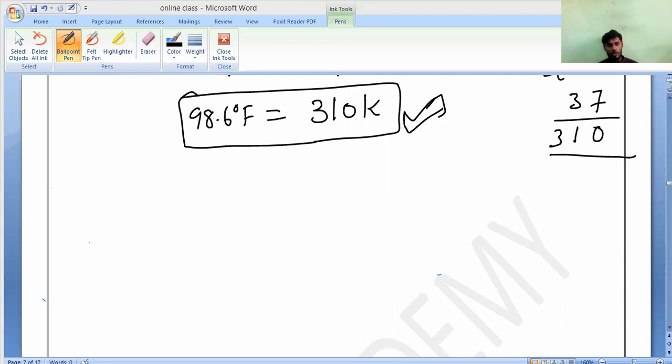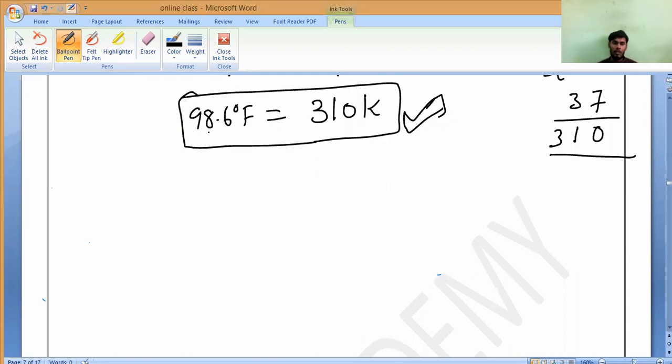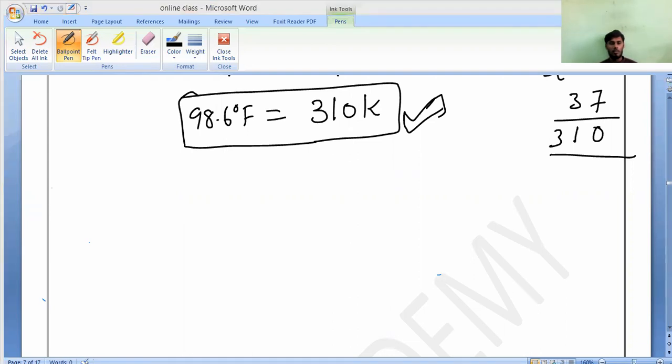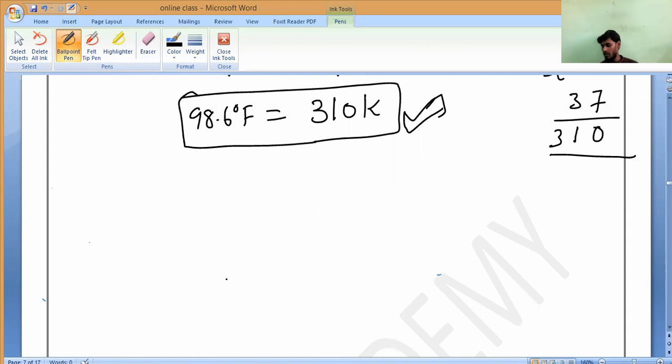Now, let us check very carefully. One minute, I am finding the relation also. Just wait, my mind is thinking something. 3110 divided by 5, 62 is coming. One minute, I will verify. K minus 273 divided by 5 equals degree Celsius. K is 310 minus 273, 37. Okay, let it be.